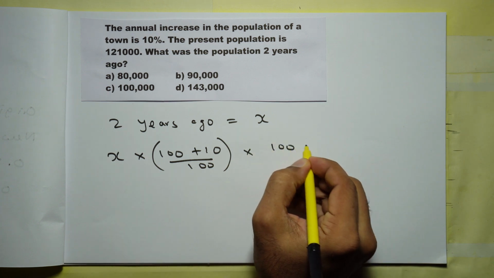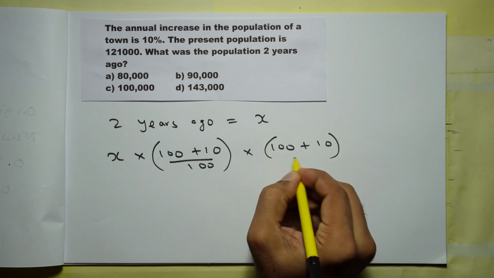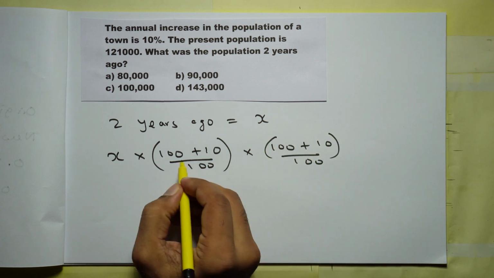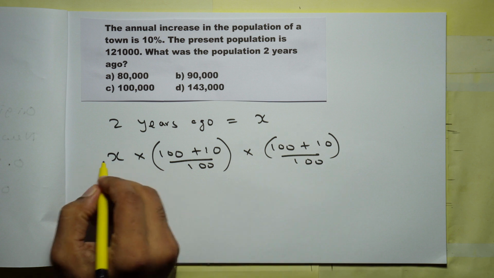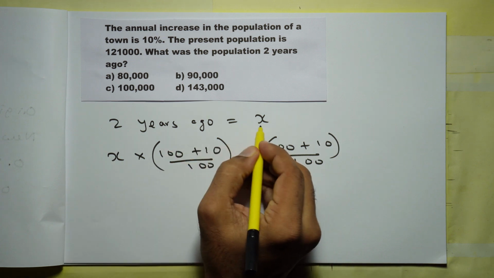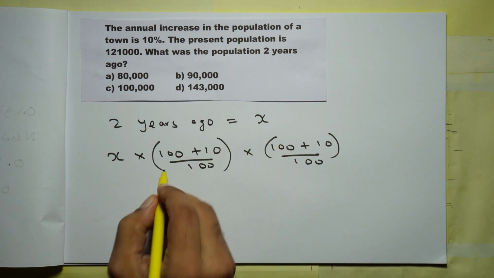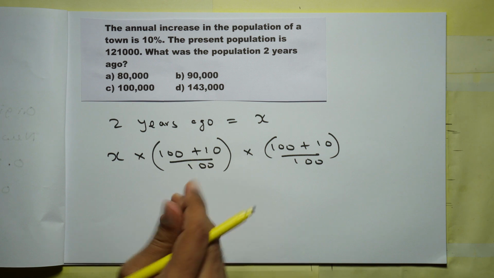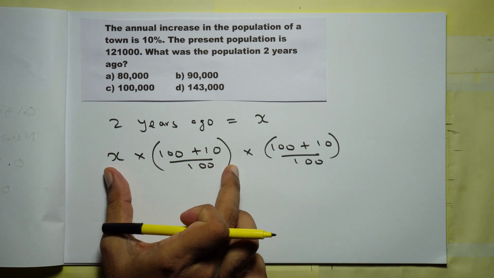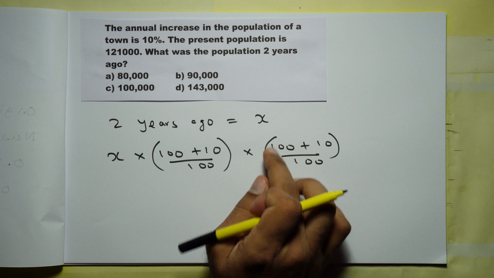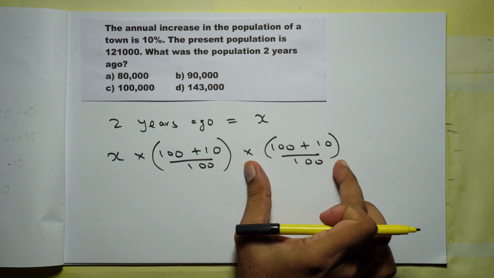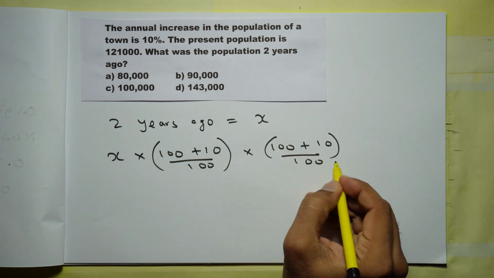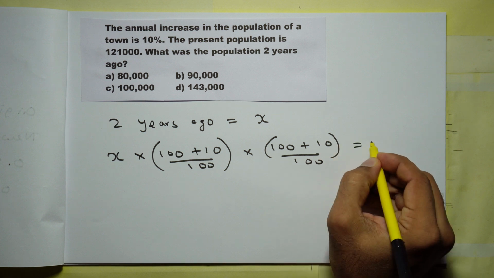So it will be 100 plus 10 by 100. So this will be the population now. That is, X was the population 2 years ago. In 1 year it will increase by 10%, and during the second year again it has increased by 10%, and this will be the present population, and that is given as